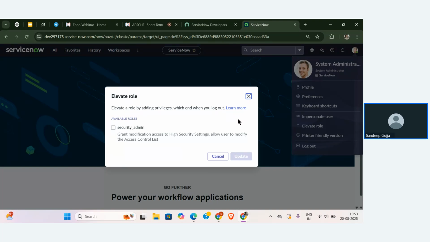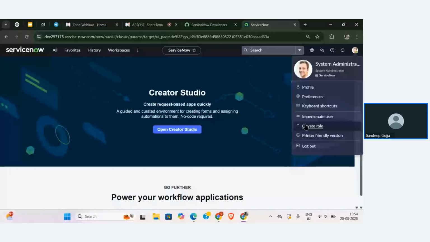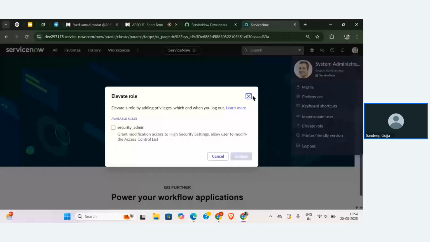If I want to do additional things in the ACL, we need to enable this particular permission, and you need to click on update so that we can directly create ACLs. If that is not enabled, you can't work on the ACLs. Please note that. While working on the ACLs, we will tell you the main use of this elevate role.